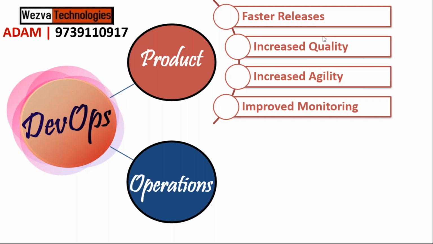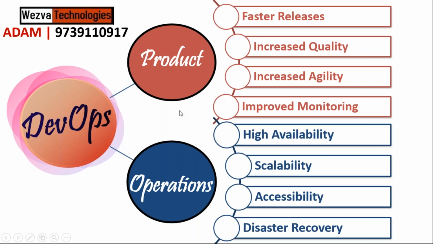And that's where it's not just that your product should be created faster or released faster. We should have the ability to do quick changes, roll out, as we call it technically, our releases, and to monitor. Now, this is what an organization in terms of DevOps will be focusing on the product side. But since DevOps doesn't focus only on the product side, we also equally focus on the operation side of an organization.